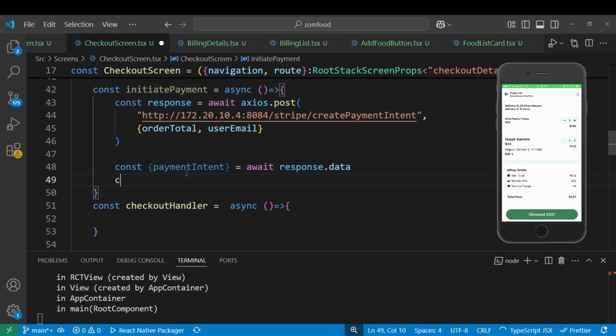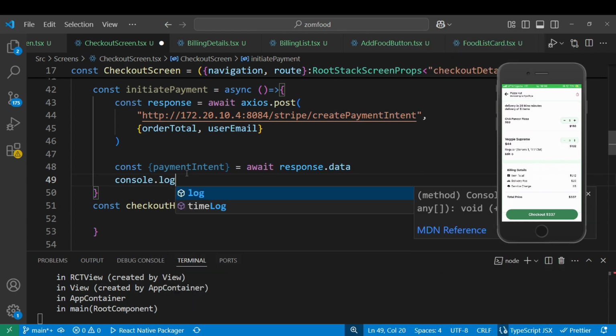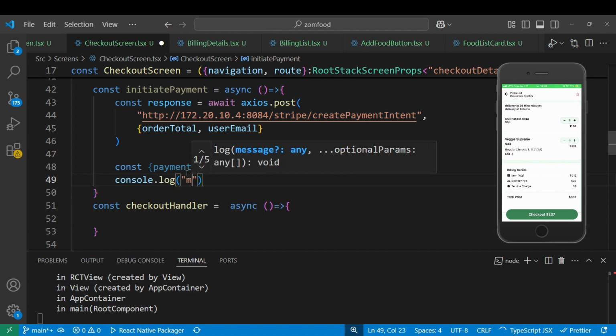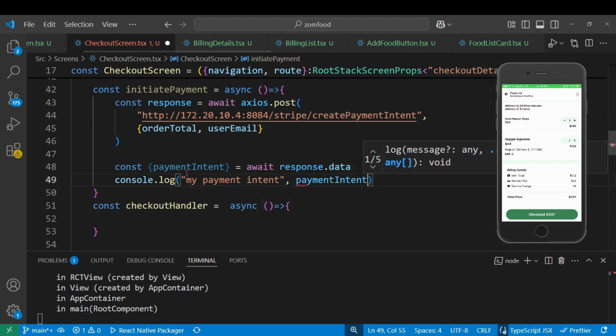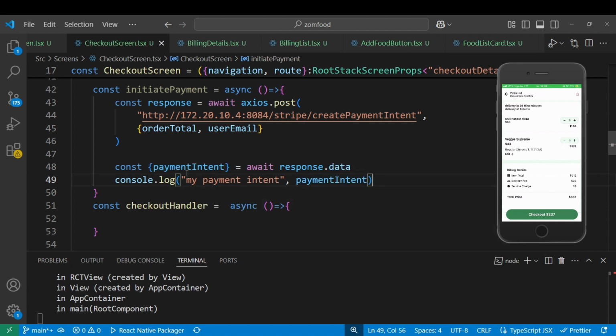And what we can do, we can say console.log. Let's console.log so you can see this thing is working. I'm going to say my payment intent, and then let's get the payment intent. So if I save it,